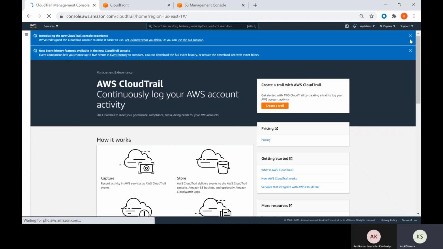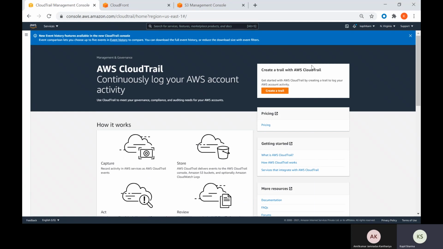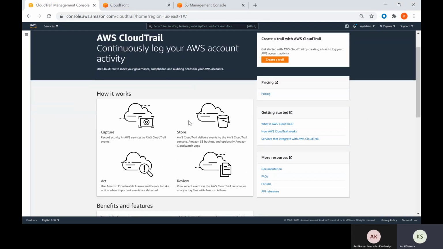So everything will be logged in this particular CloudTrail service, right? Here you can capture, record the activity which is being performed in AWS using API or using console.